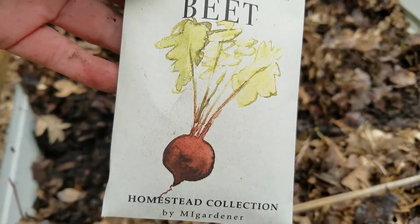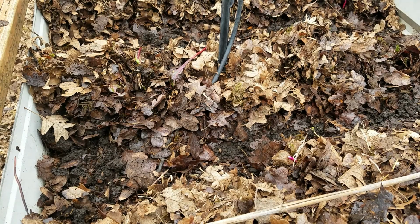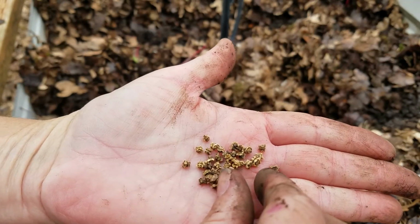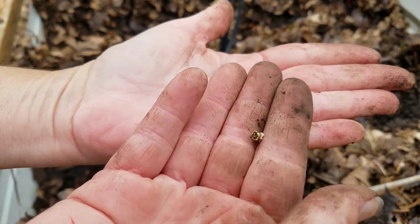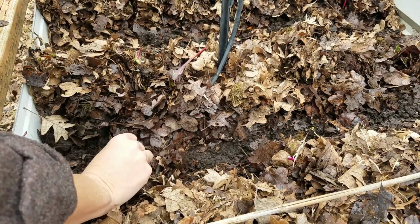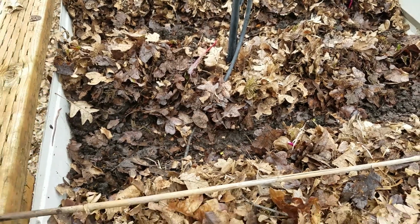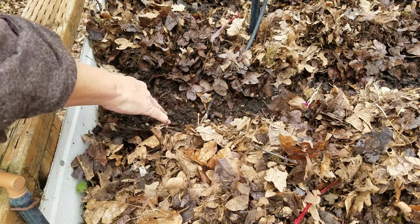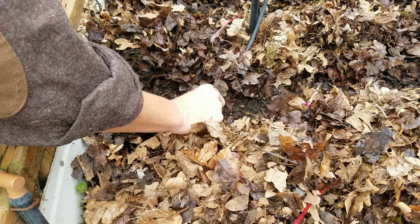Alright, so now we're going to plant some Detroit Dark Red, and I just wanted to show you how I plant. Beets are a pretty large seed, so you can control them when you drop them. Not very difficult. So instead of just throwing them like crazy, because I only have a limited amount of seeds here, I'm going to back up so you can actually see the seeds. Take a measuring stick. I'm going to consciously put a seed there, and then about 2 inches later,